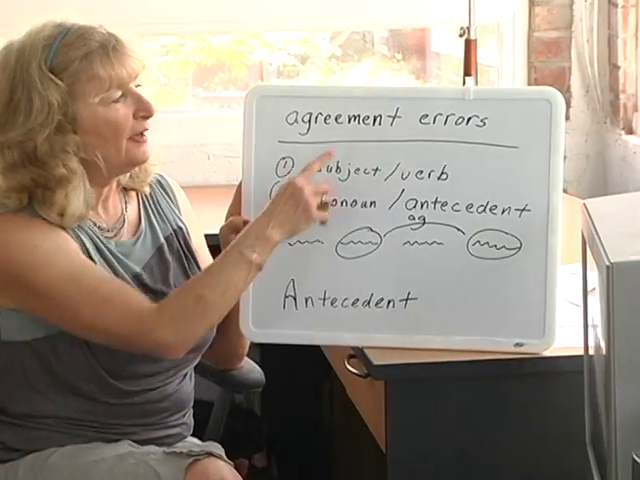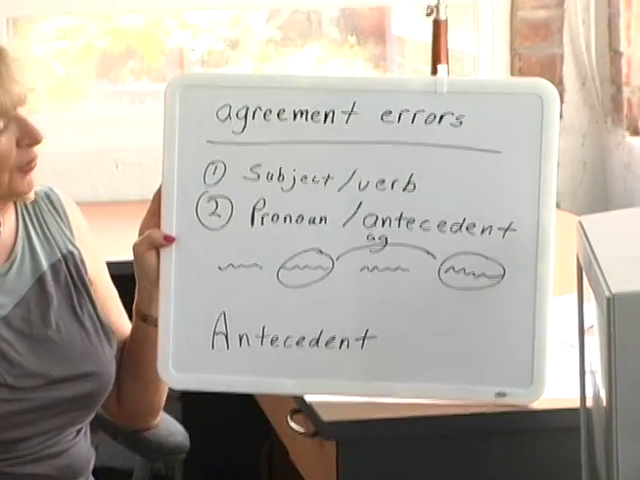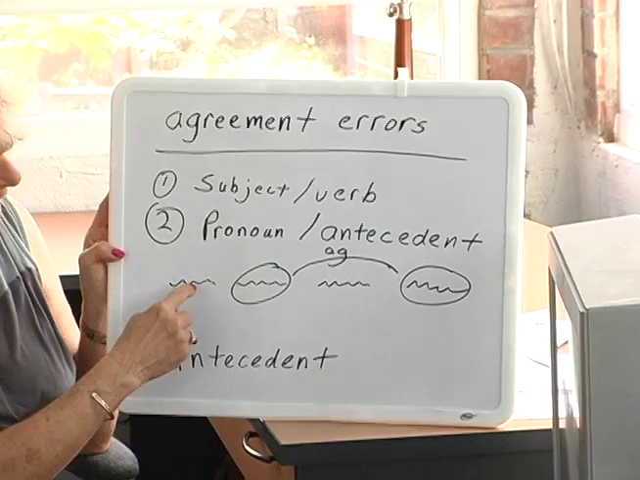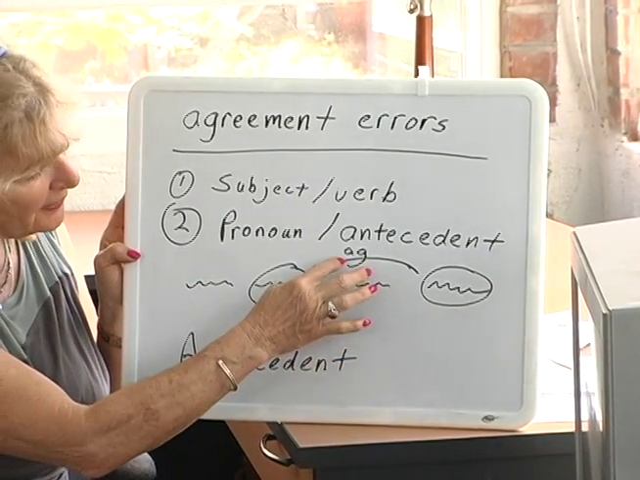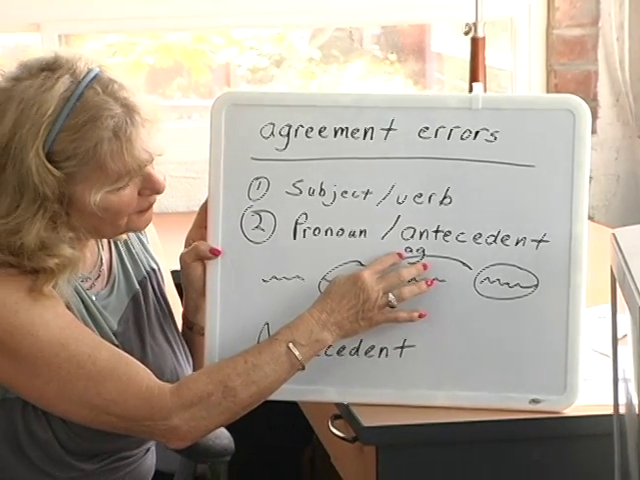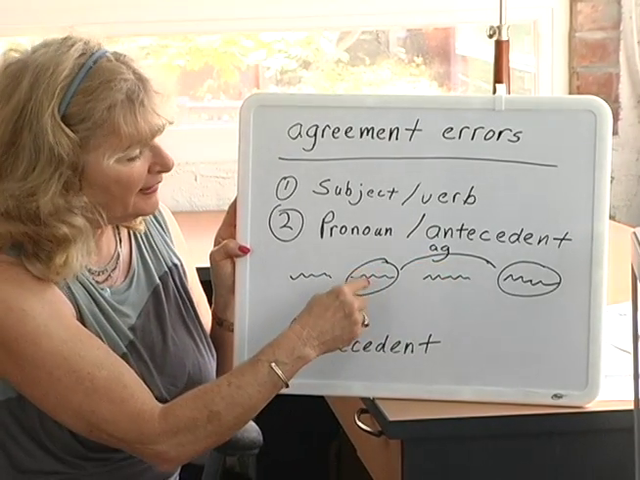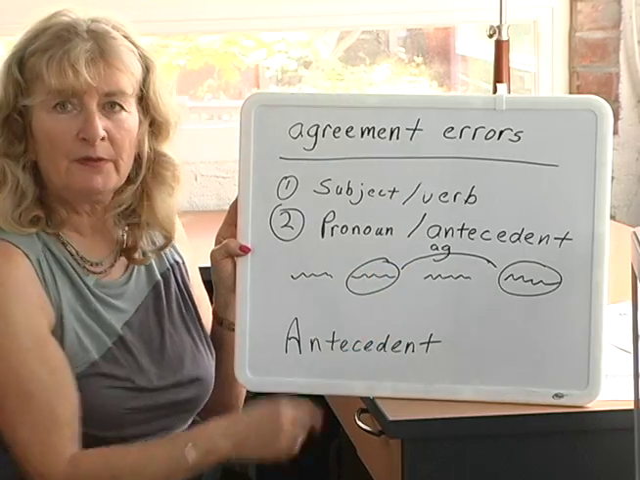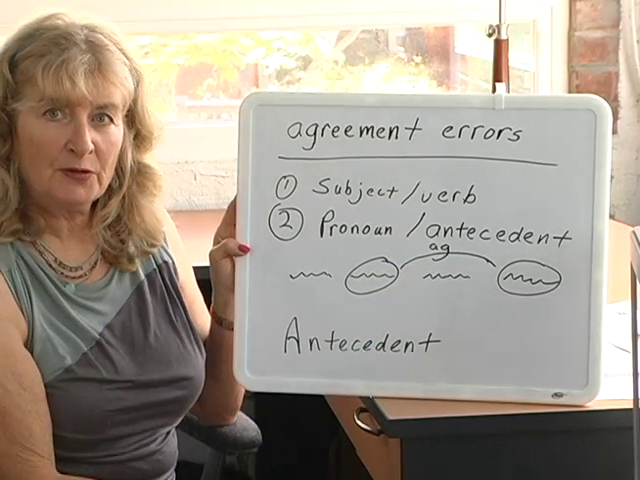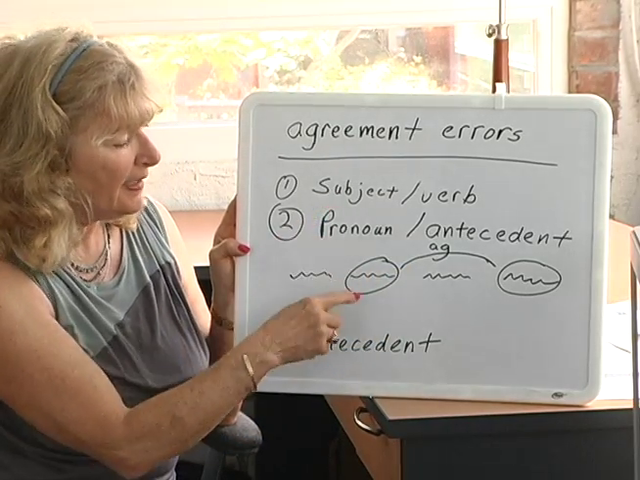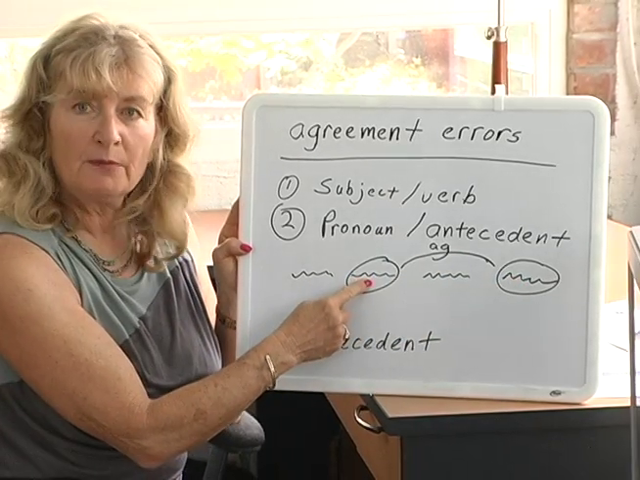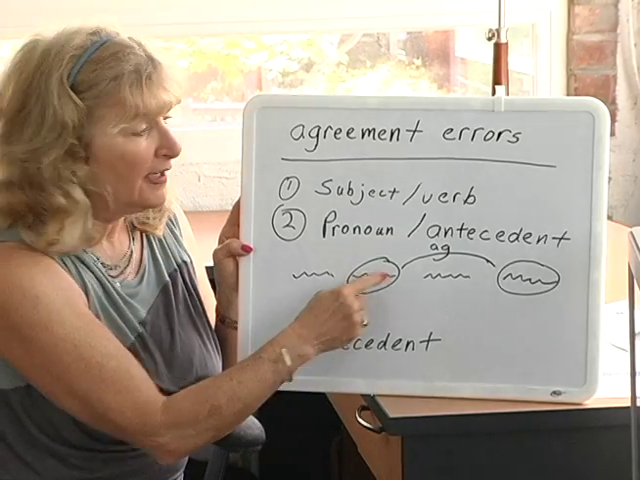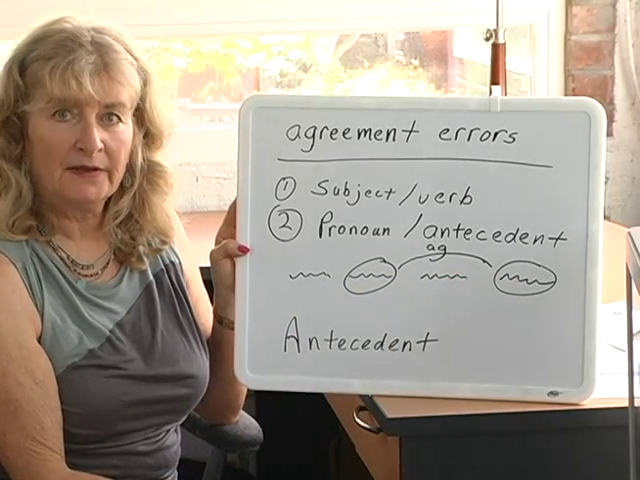Now we're going to be talking about agreement errors. So if you get back a paper and two of your words are circled and there's the little two letters AG, that means that this word does not agree with this word. This can come up in two instances. One is that your subject doesn't agree with your verb. So your subject might be a plural subject and your verb would be singular, like